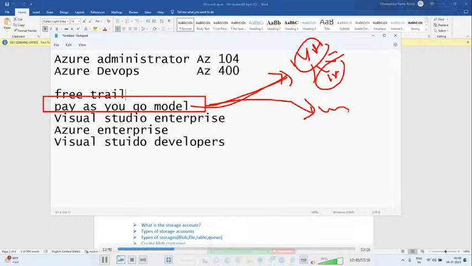So the budget will be stopped, and we are away from that project. We just consumed it and saved the cost. The project is over and we have destroyed the services. Okay, that is how organizations use these subscriptions. If you need a 3-year, 5-year, or 10-year subscription, they will go for Azure Enterprise. That all depends on business requirements.